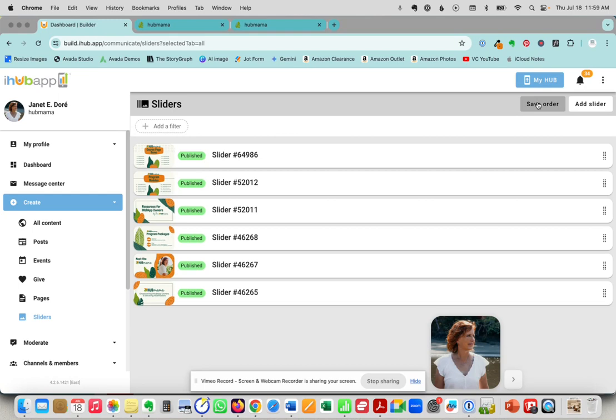It's one of the most beautiful things about the IHUBApp, this simplicity. People can do it. Regular, non-techie people can work on their IHUBApp without having to hire out every single little